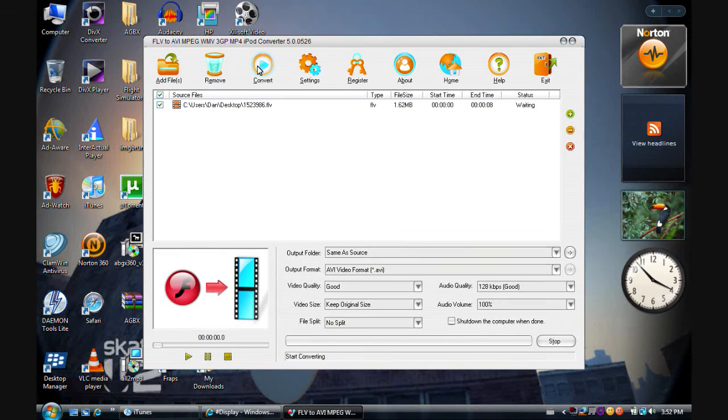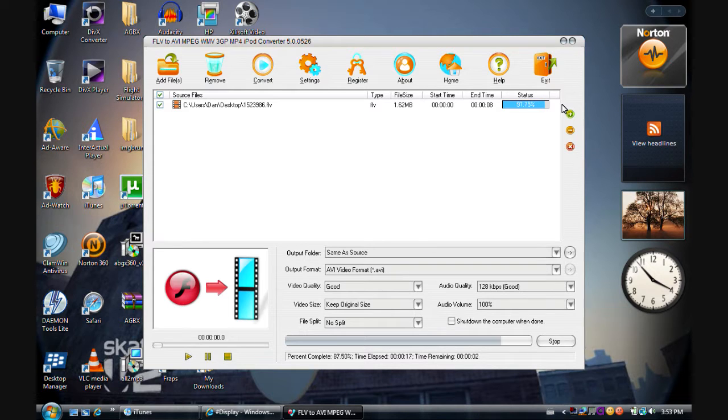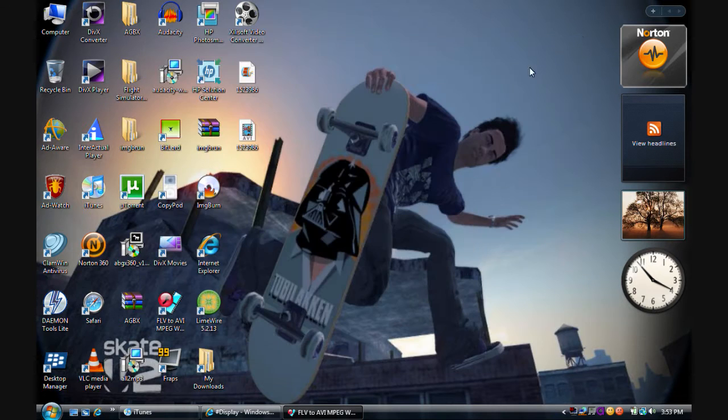You can convert more than one clip at a time. You can drag and drop like 20 clips, 40 clips if you wanted to. Anyway, you just convert that, and the status doesn't take long, depending on the size of the clip and how good the quality will be. So there you go. When it says completed, you can minimize it or whatever you want, and open up what